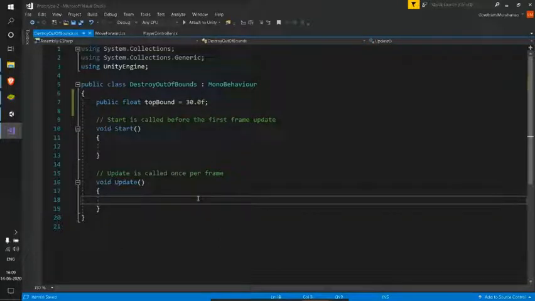So here what I'll do is I'll just perform a check if the position is greater than the top bound.